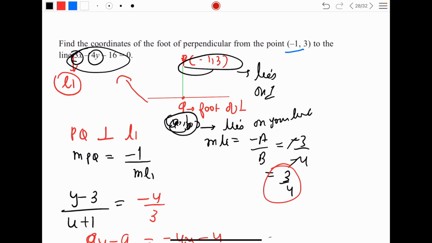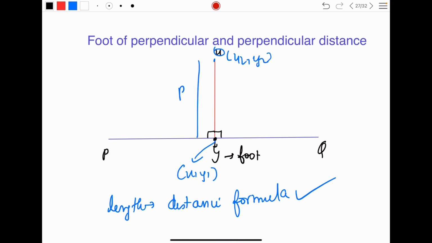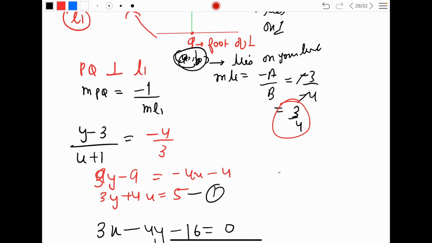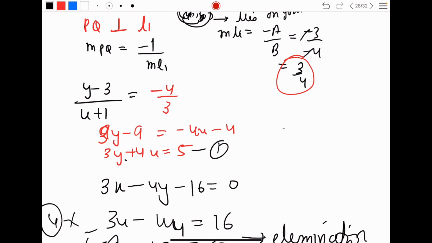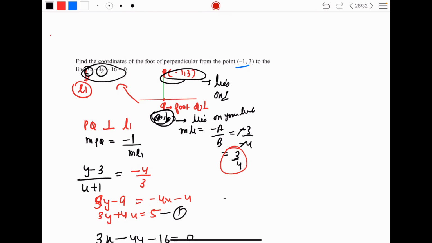The concept of perpendicular slopes is most important, from which you will get the coordinates of this foot of perpendicular. This is my foot of perpendicular from a point to a line, and that's how I'm going to find the coordinates of this foot of perpendicular. That's how you can do it. You can take up some more questions on this as well. I can give you some more practice questions in some short video and you can do it. So that's how you find the foot of perpendicular to a line.